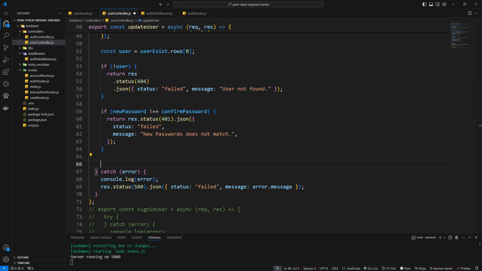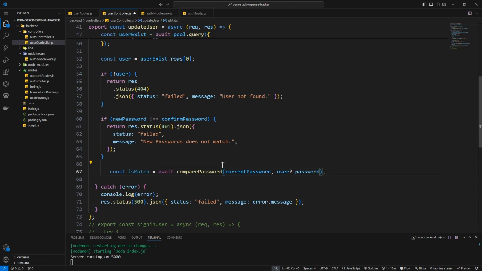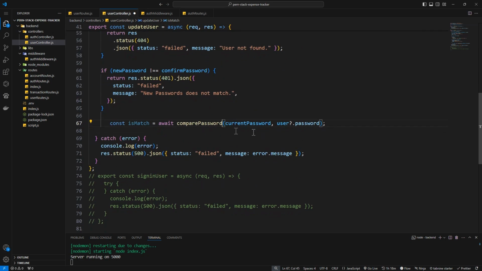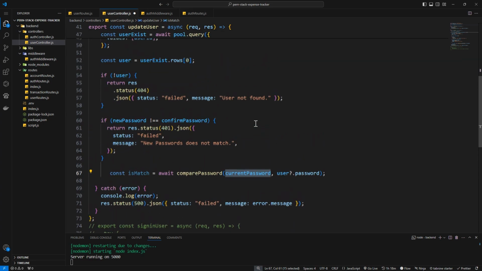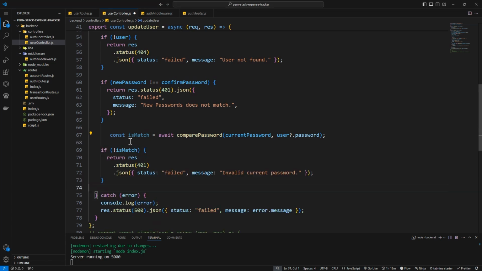However, if it matches, then we have this query already, so we'll just bring it. I mean, we have this function, so we'll check whether the old password or the current password is correct, right? So .js, okay, we'll check whether the old password is correct. If it's correct, then we can proceed to change it. If it is not, we need to respond that invalid current password. Okay, so if it matches, right, so we say if